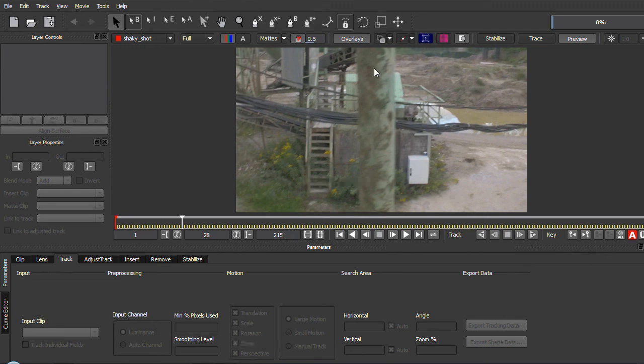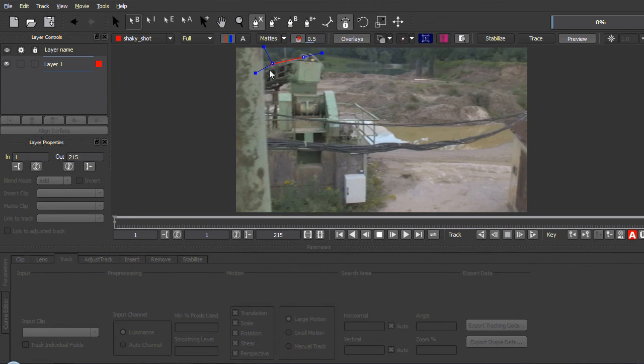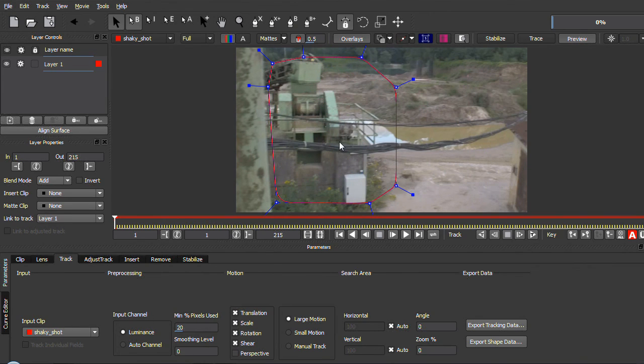We do not want the camera to precisely move later with this pole here, but rather with the background. So what we therefore do is we mark this background as something that we want to track with this Create X Spline tool. So we mark just some portion of this background here, right click to finish,